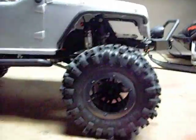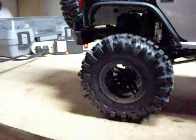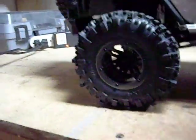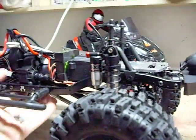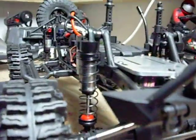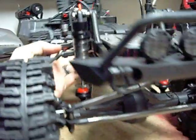But anyways, it gives it a nice scale off-road look, and it doesn't seem to bottom out. And other than that, like I said, I put the G-Made 103s. These are 103mm. These are taller shocks. Very nice looking shock. I haven't run the truck much with them, so I can't really give you an overview on